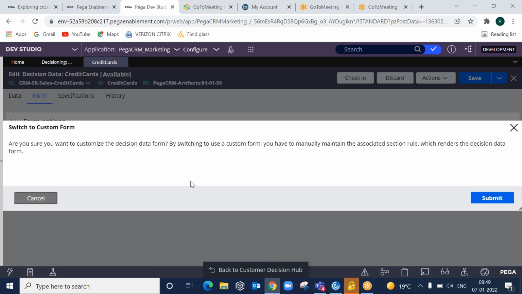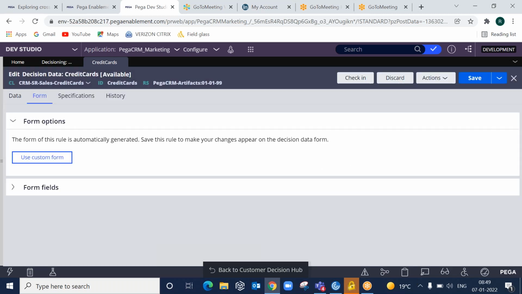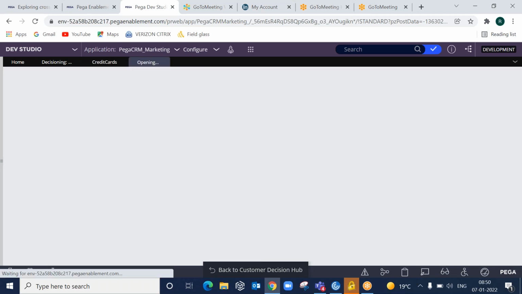So whenever we create a custom form for decision data, what happens is it is going to create a section that is called py edit element. Py edit element is the section which will render custom information on the decision data. So I'll just click on this customize form and just notice the name of the section.